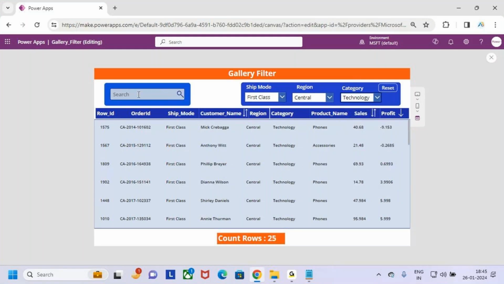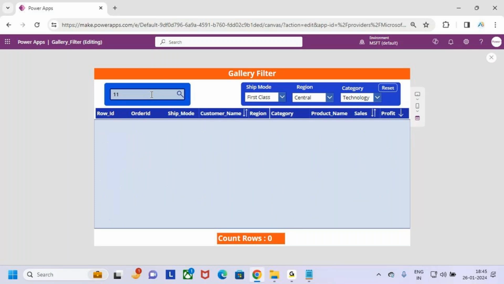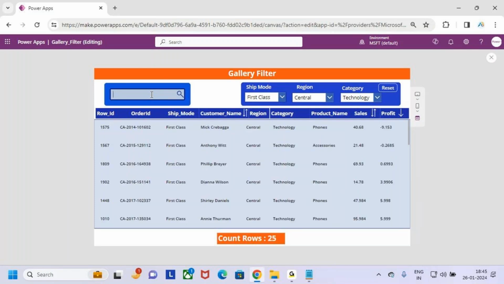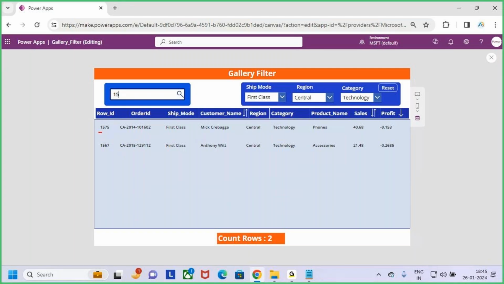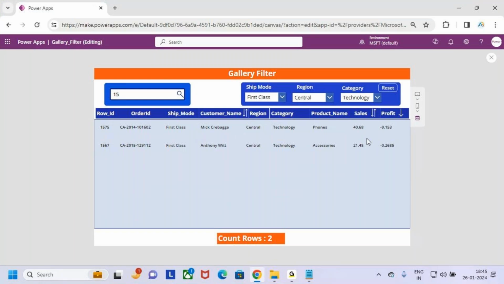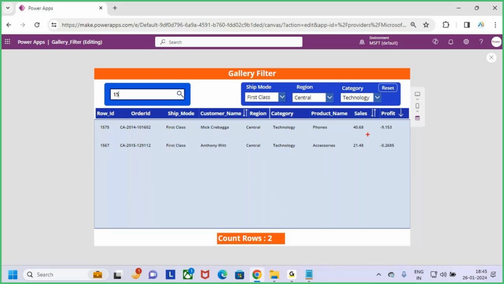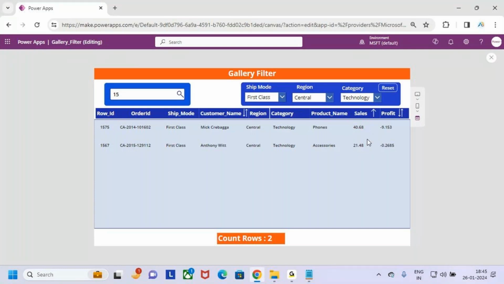And if you want to filter and search the data, you can search. Let's say I'm searching the data for 1 5. Now see, the row IDs starting with 1 5, I'm able to search it. Now here also I want to sort the data. Let's say I want to keep it in ascending order. Now when I click on it, it will sort the data in the ascending